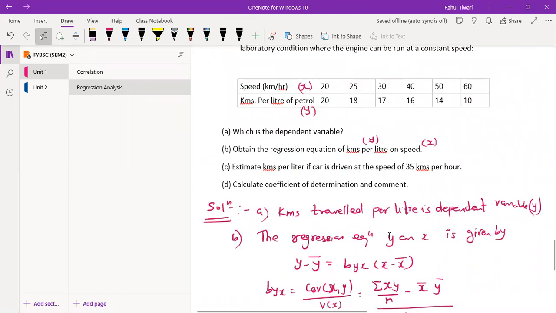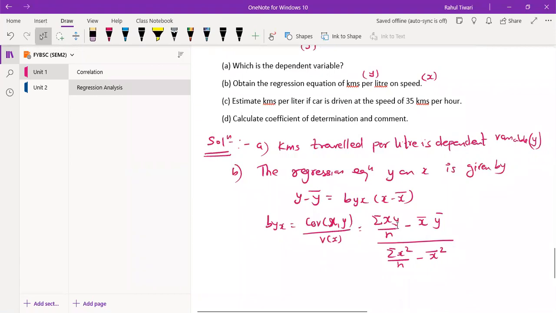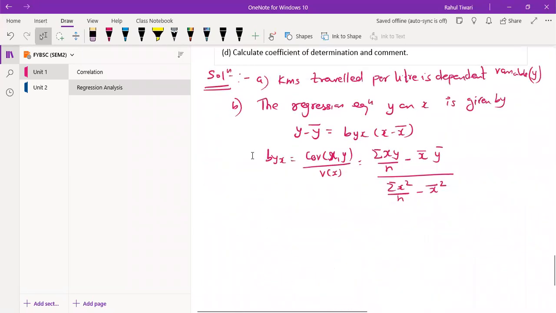So these are the things we need to calculate using this data. I think this is similar to your correlation type of problem. Am I right? Because you need to obtain the covariance and the variance of x. In the correlation problem you also needed the variance of y, but here it has been reduced, so that column is not needed. So we can just create the columns: x, y, and then x square and xy. You can also find y square. Is y square required?